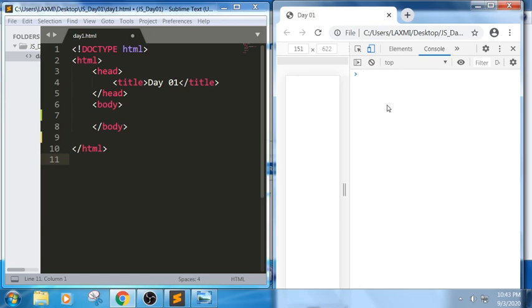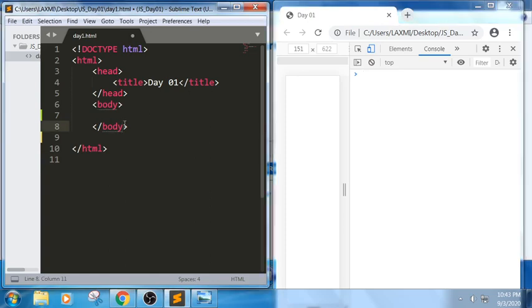This JavaScript can be placed in two ways. It means we can use the script part in two ways. The first one is inline, and the next one is external. Inline means internal, where it can be used in the same page, or it can be used externally, by creating a new file. Similarly, just as we do in the CSS part, linking internal CSS or external CSS, in the same way we can use it for JavaScript.